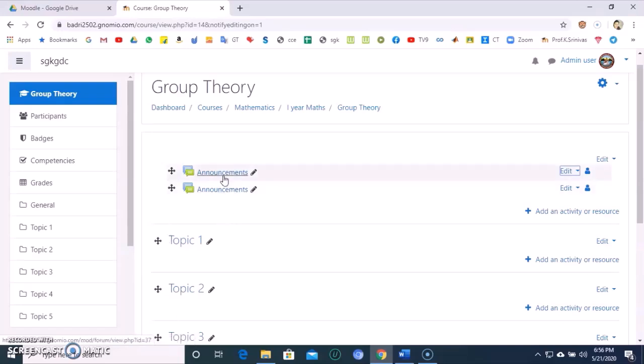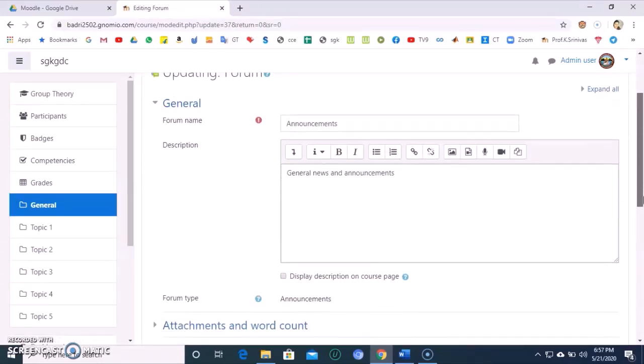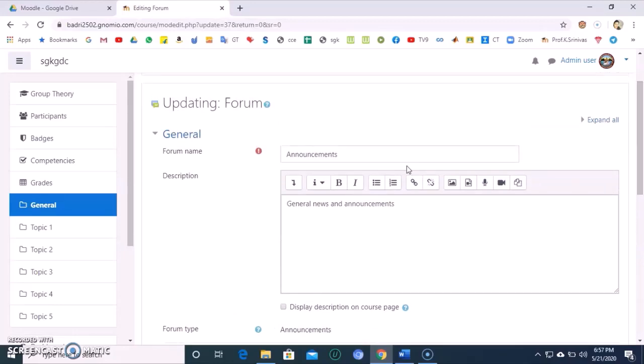So I'll make changes to the first announcement. If you click on this pencil icon, you can only change the name. If you click on this edit option and then edit settings, you can change the name as well as give a description. So I'm going to change the name to general announcement.